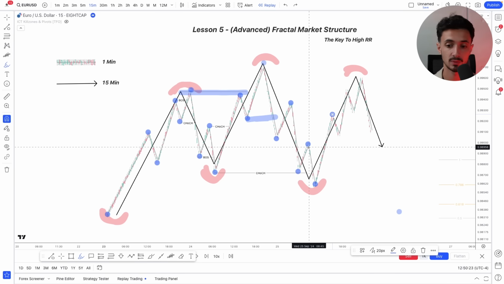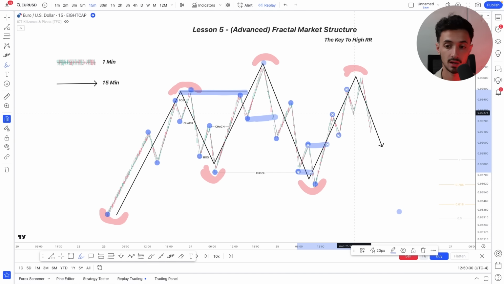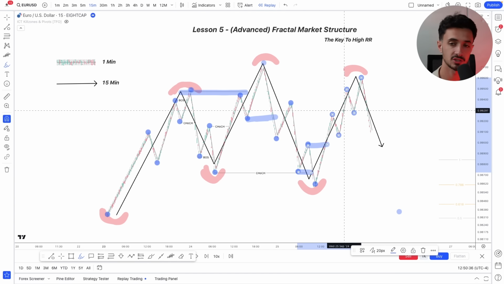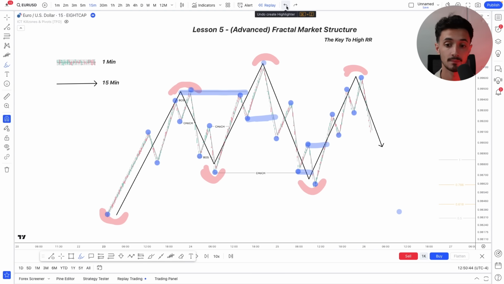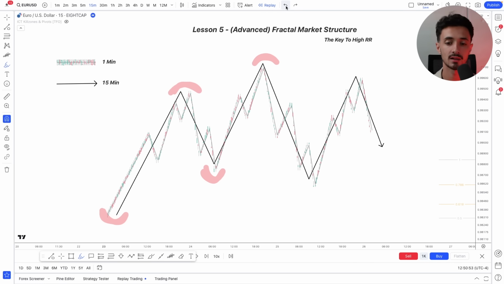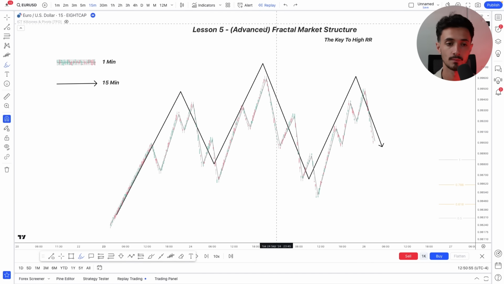So the 1 minute goes bullish, we get a break of structure, a change of character, we get a low, higher high, higher low, higher high. So the 1 minute is bullish right here, right? But the 15 minute is bearish. So what we do is we wait for the 1 minute to align itself with the 15 minute inside of a key area. So if we strip this apart right now and we look at everything objectively and we start applying everything that we've just learned, you'll see the outlining of exactly what it is that we do for this